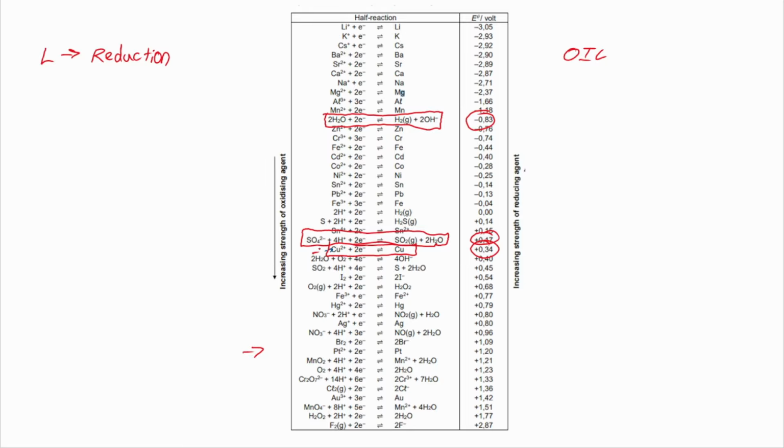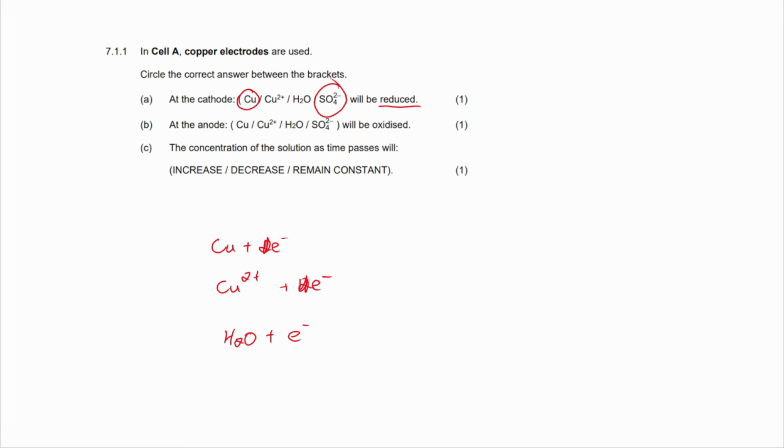So you'll see here that these copper 2 ions are more likely than sulfate to gain electrons, to undergo reduction. So I've circled a lot here, just for illustration, but it's these ions that will be reduced from that table. Now we're going to look at the same thing, but we need to see